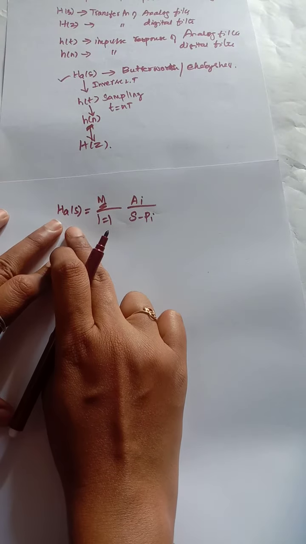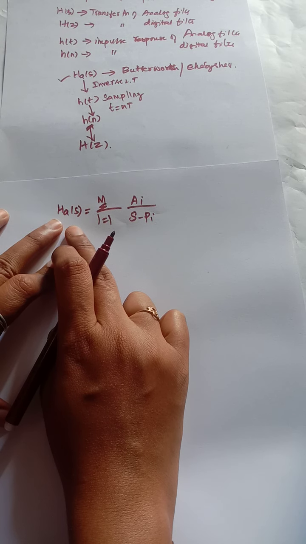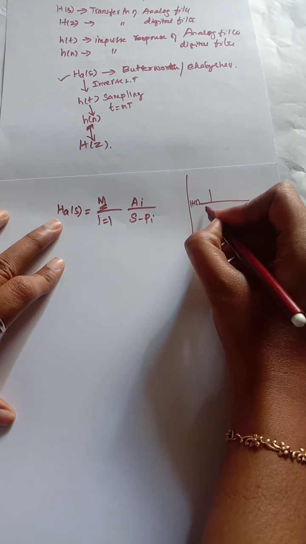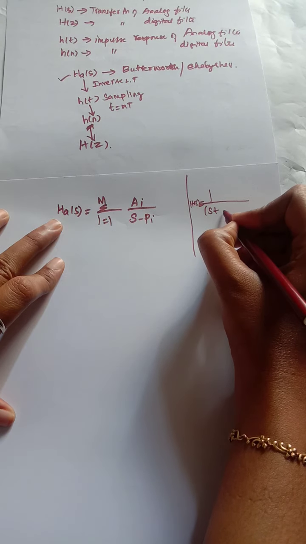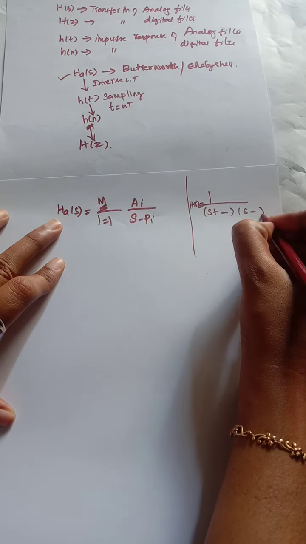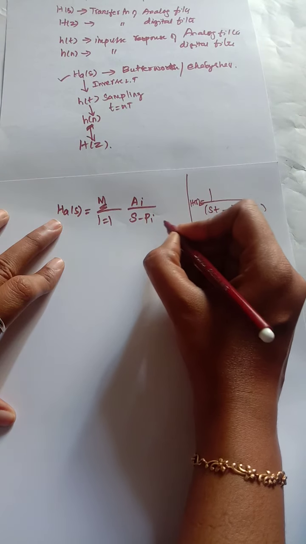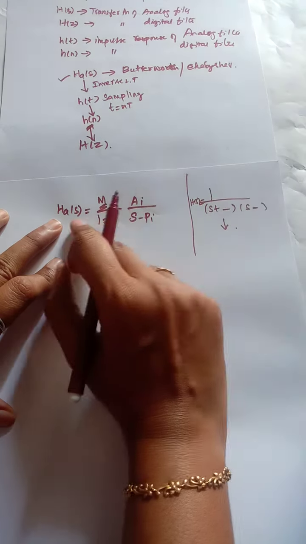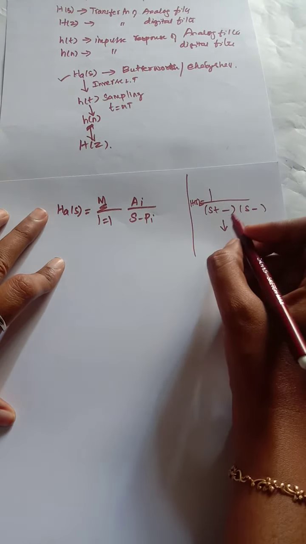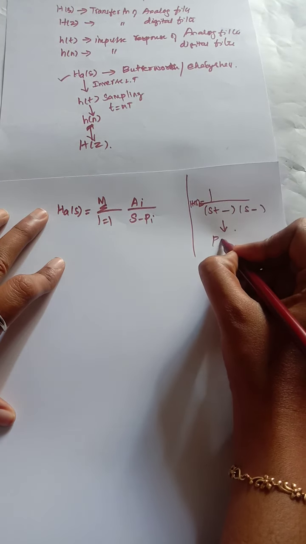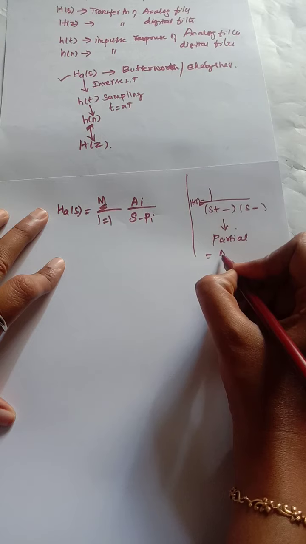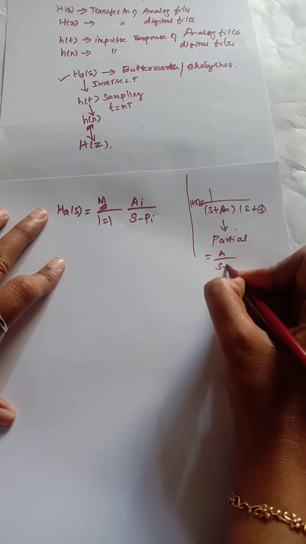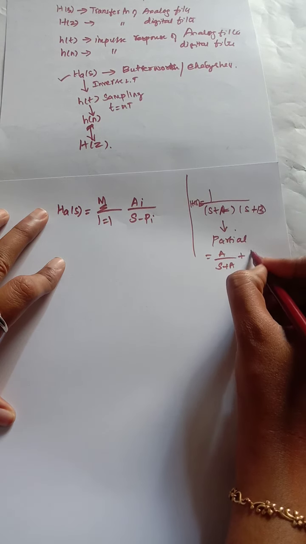So this is what we will obtain from the Butterworth and Chebyshev filters. For example, you will have H of s as a product, s plus some value and s minus some value. In general I am writing this as s minus p_i. Here it is in product form. In order to proceed, I need to convert it into a sum. How will you convert this? By applying partial fractions. Consider s plus a and s plus b. You will convert it as A by s plus a plus B by s plus b.